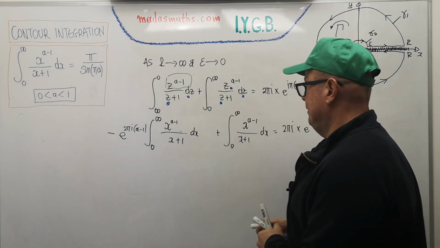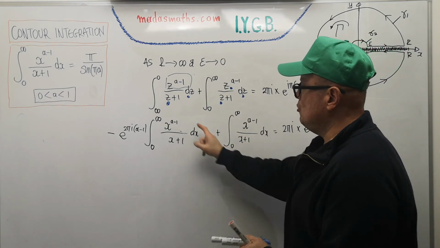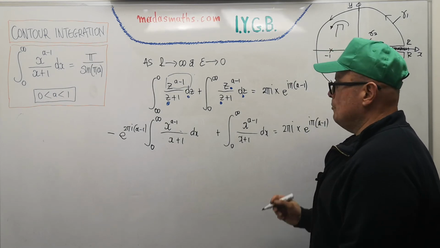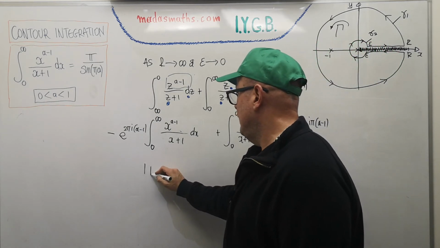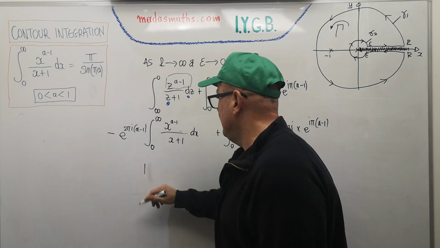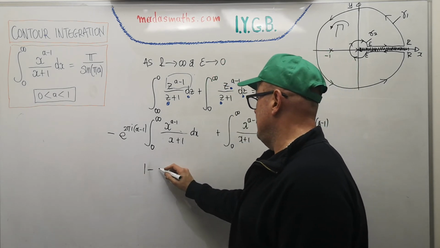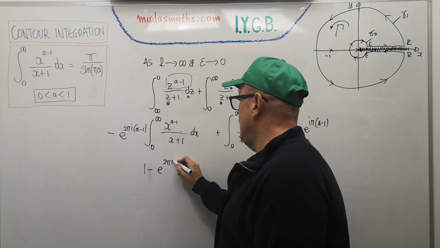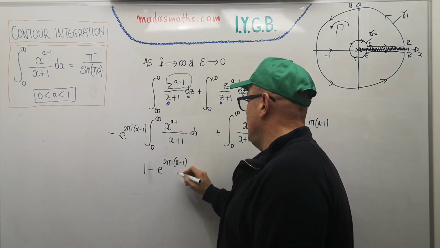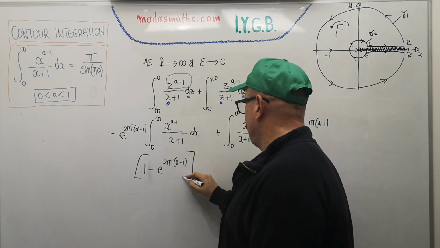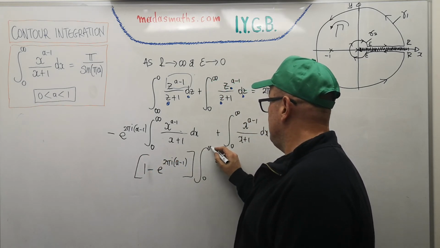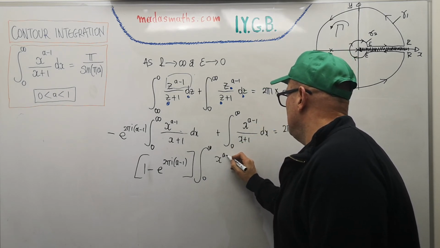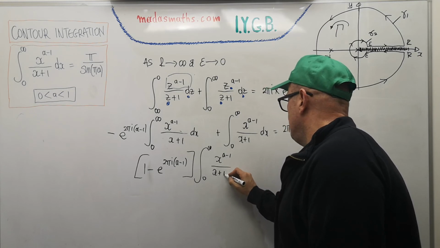And now it's the final tidy. There's my integral in two places. That's 1, and of course I've got more of this there. So let's put them together. So I've got 1, no plus. Well, I keep writing silly things sometimes. 1 minus e to the 2 pi i (a minus 1), lots of my integral, 0 to infinity. Maybe I should have called it capital I or something, so I don't have to keep writing this. It's too late now. x to the a minus 1 over (x plus 1) dx